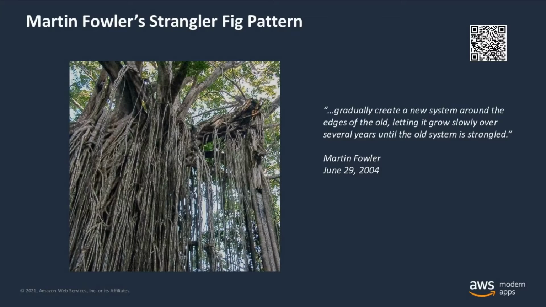When Martin went on a trip to Australia, he noticed the strangler figs growing on the trees. They seed in the upper branches of a tree and gradually work their way down until they root in the soil. Over many years, they grow into fantastic looking shapes, meanwhile strangling and killing the tree that was their host. We will be applying this design pattern in today's hands-on lab.